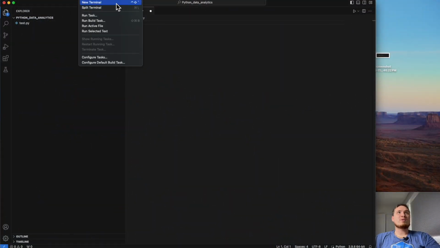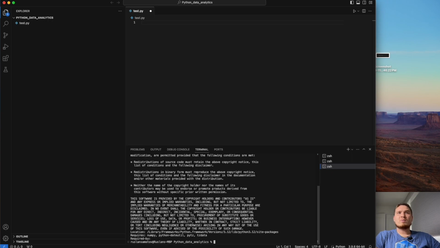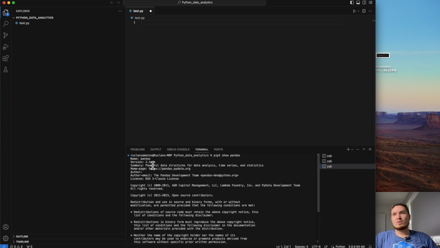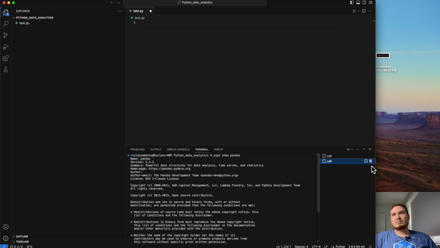So for that, open the new terminal and do pip3 show pandas. What it will do, it would actually show you if your tool is there. It will give you all the description of the library you have installed. Now we have pandas version 2.2, where it's coming from, who is an author, all these kind of details, right? As we can see, we successfully installed it.